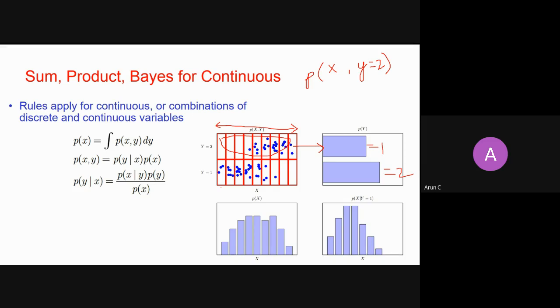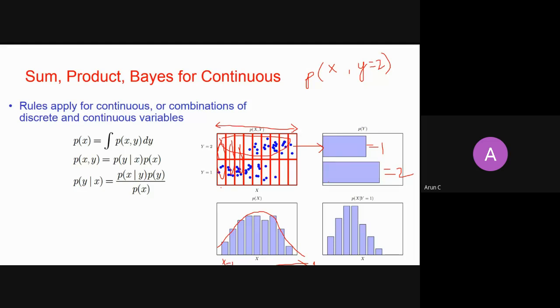Similarly, you are marginalizing over y here. What is the probability that x equals 1? You are ignoring the given value of y, so you are summing these probabilities column wise, right? And whatever probability comes, you get this distribution. So it is also a distribution. When you sum over this distribution, you will again get 1, right? First you sum over columns and then over rows. You are summing over all the variables, so definitely you will get 1.